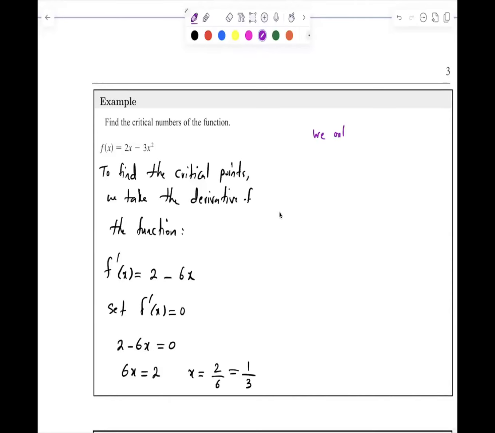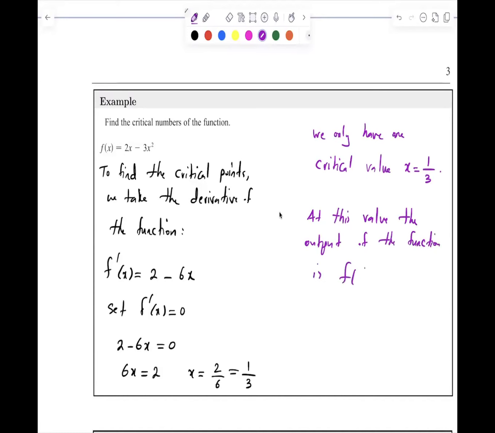We only have one critical value, x equals a third. At this value, the output of the function